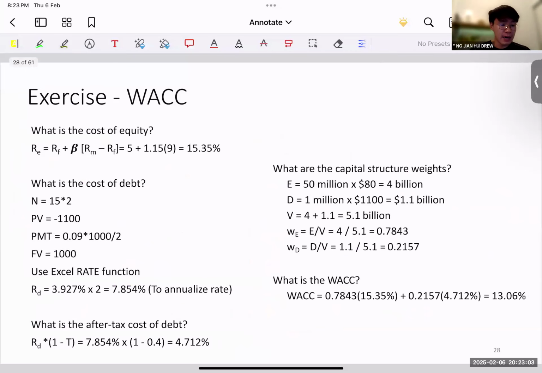Okay, so with that in mind, I want to highlight that a student of yours actually pointed out there's a typo. In case you downloaded the slides a while back, this will have shown 100, but it's actually 1000. That's the PMT. So first of all, we can use the CAPM model that we have determined to calculate the return on equity, RE, or cost of equity. Now, we can determine the cost of debt using the rate formula in Excel. Please multiply by 2 to annualize it.